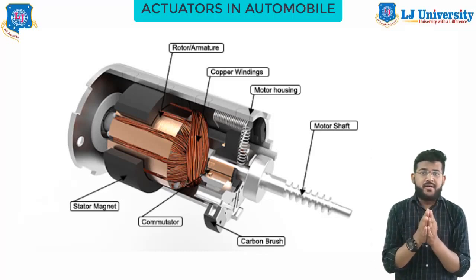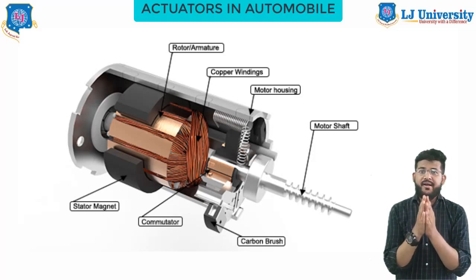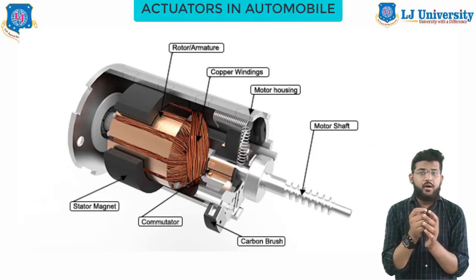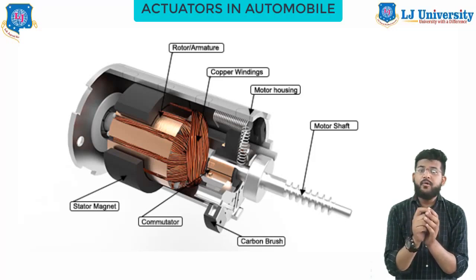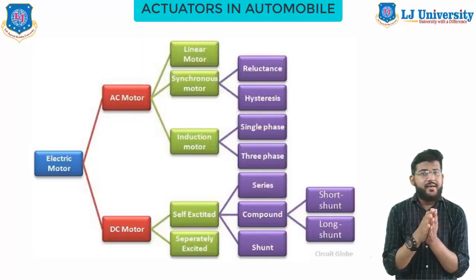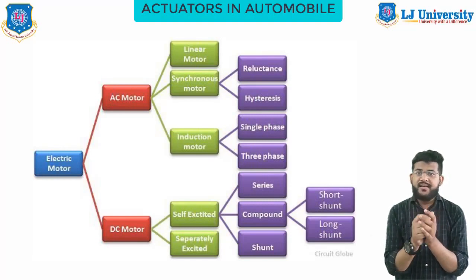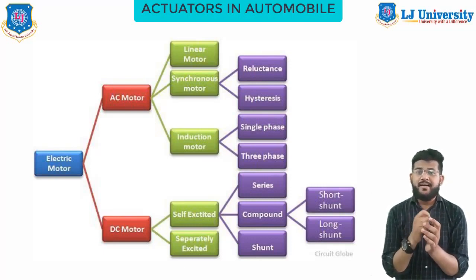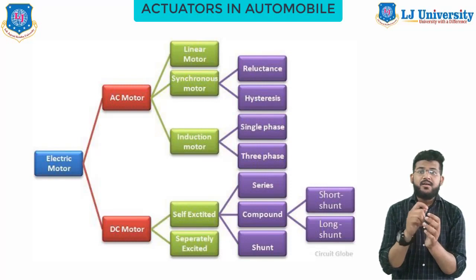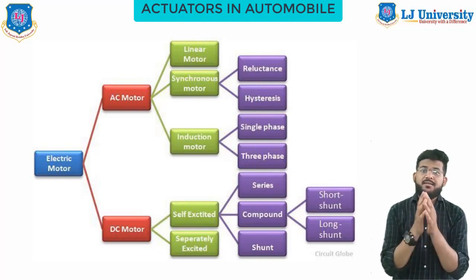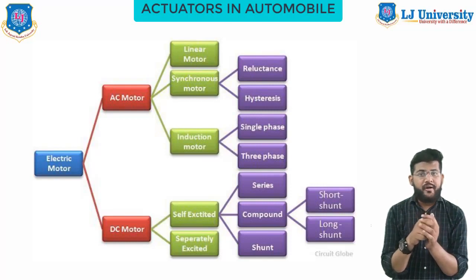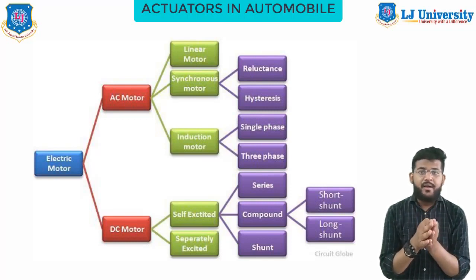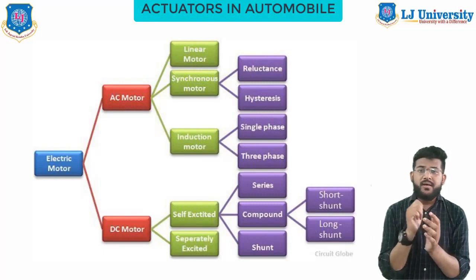So the types of the actuators are given like this. Depending on the nature of the supply, electric motors are classified as DC and AC motors. The DC motors are excited with a direct current source and they are classified into two major types, separately excited motors and self-excited motors. Self-excited motors are again classified into shunt winding, series winding and compound winding motors. These motors are easily controlled with moderate drives and are also available at a reduced price compared to the AC motors.